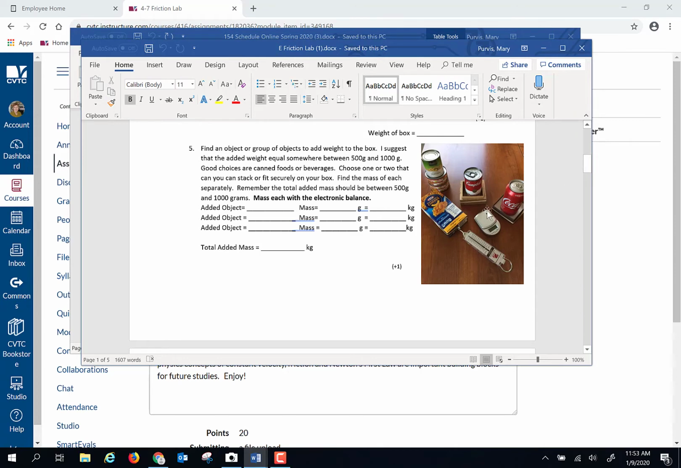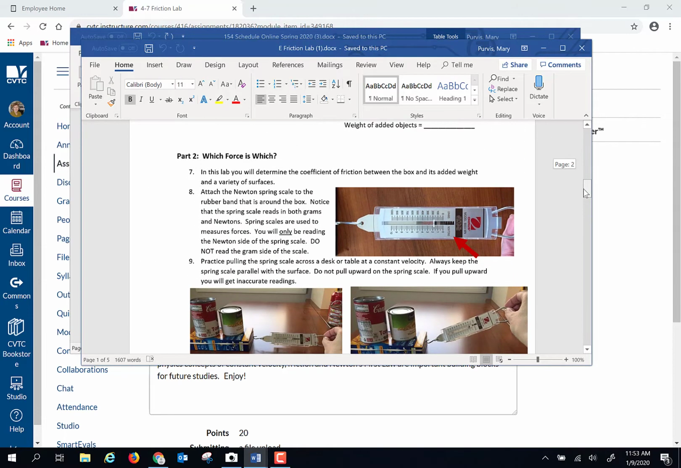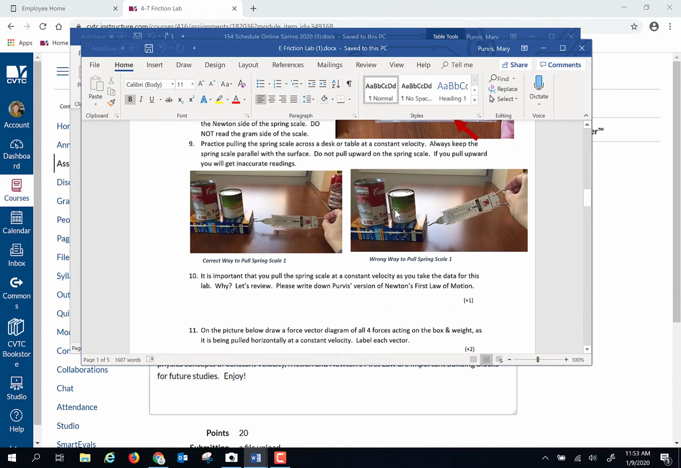So you're going to use this little electronic balance lots and lots in this first friction lab. I recommend the mac and cheese box because I think a lot of people have mac and cheese, but not everybody. When you're sliding things around with your Newton spring scale, please slide them horizontally, not at an angle, because